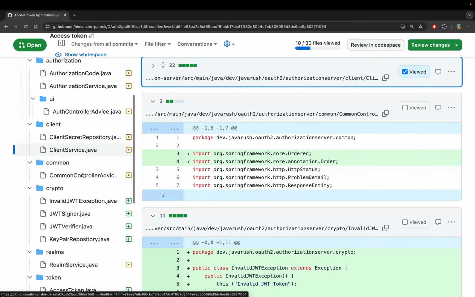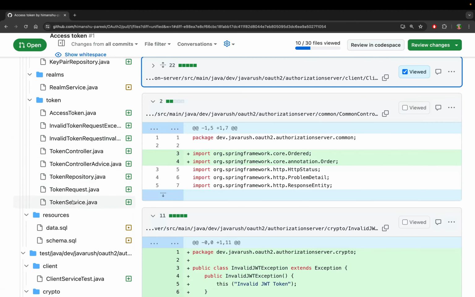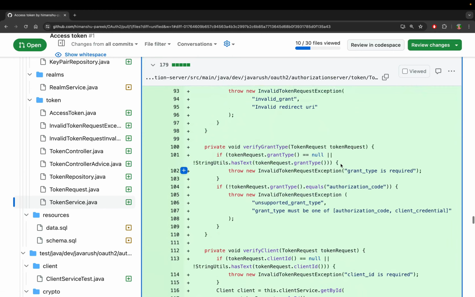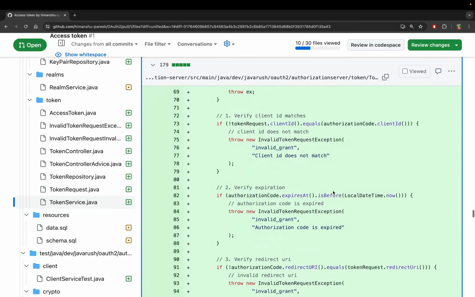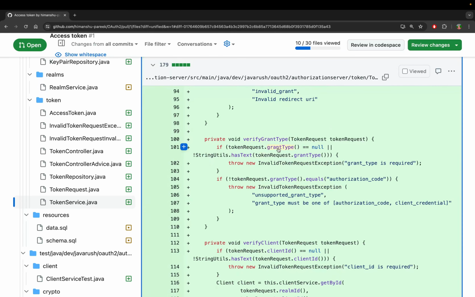Now, okay. Now let's again go back to the token service. So in the token service, we have seen how to validate the client. Now after that, we are verifying the grant type. So let's see how we are doing this. In order to verify the grant type, if the grant type is not present, then we are throwing an invalid token request exception with this error description. Otherwise, if the grant is present but it is not equal to authorization code, in that case